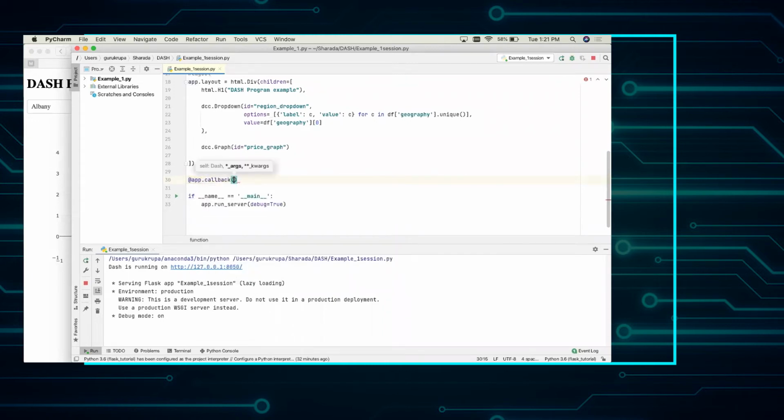At callback, we will say our output element, which is price graph, and the value for it, component property will be figure, and then we will have our input, which is nothing but the drop down.